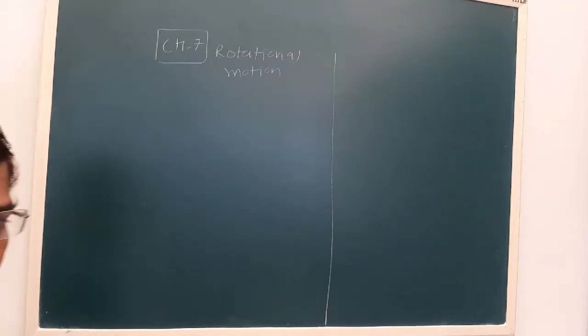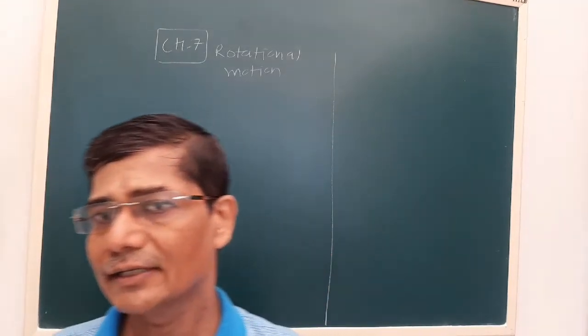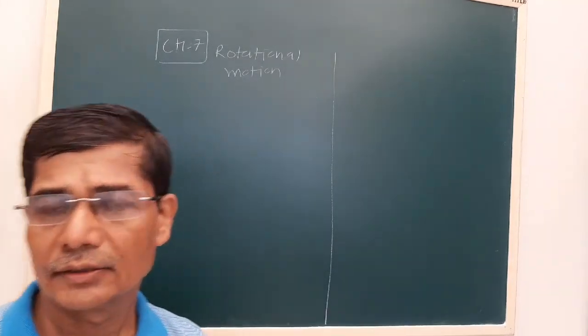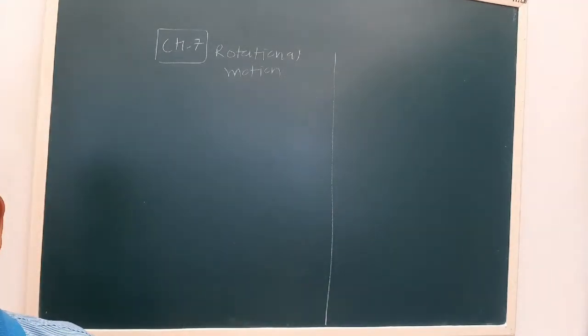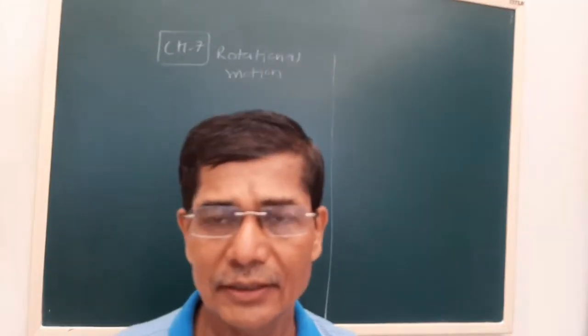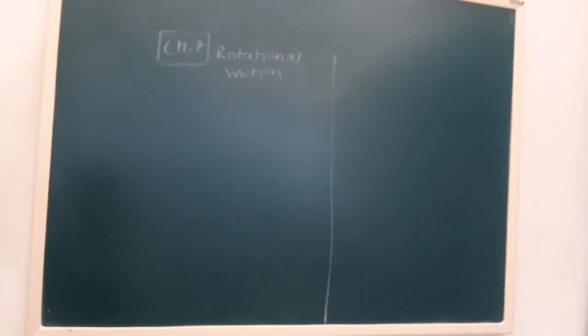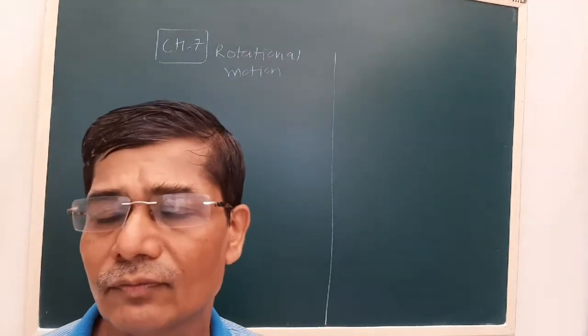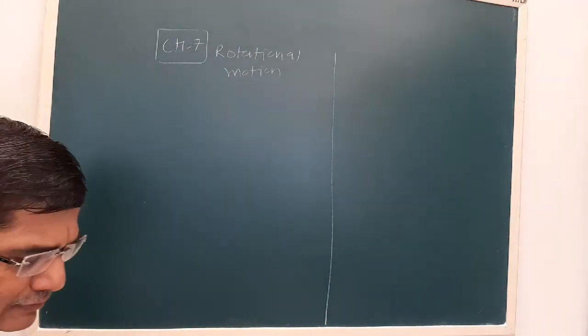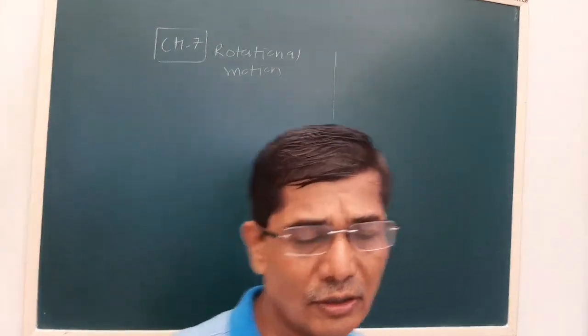Dear students, last time in lesson number 7, that is system of particle and rotational motion, we studied an important phenomenon, an important process, that is the vector product of two vectors. In lesson number 6 you studied the scalar product. Work is a scalar product of force and displacement. Now here we studied the cross product or vector product.